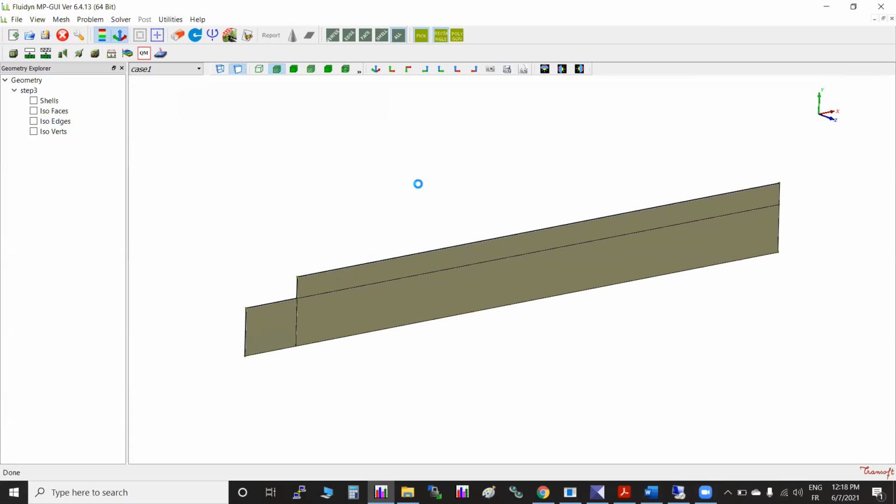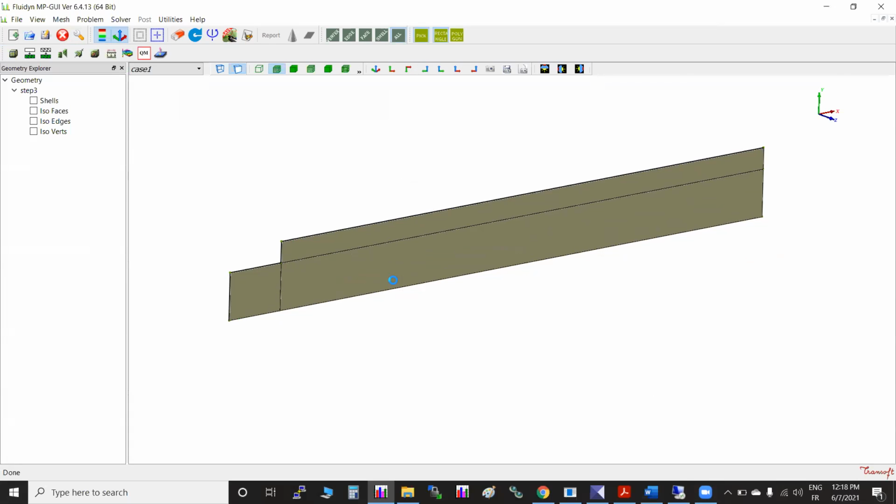Either you should divide your surface. By this time, I think you are understanding why I am using only surfaces, and not going for a 3D geometry and cutting it. As you know, we can extrude a surface. So in structured mesh, always look for the regions which have a constant cross-sectional area, so that you can easily extrude by taking a surface. Don't go for a 3D and cut it and combine. So always try to find this out as a first step.